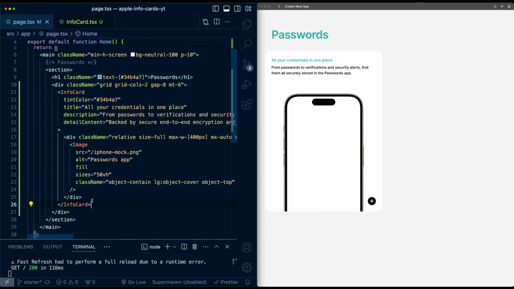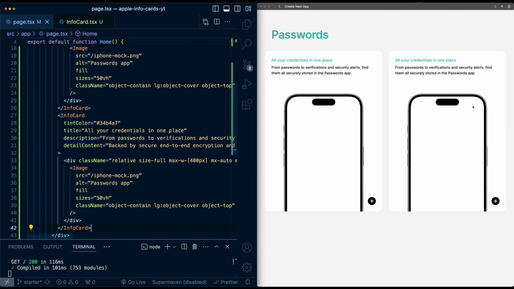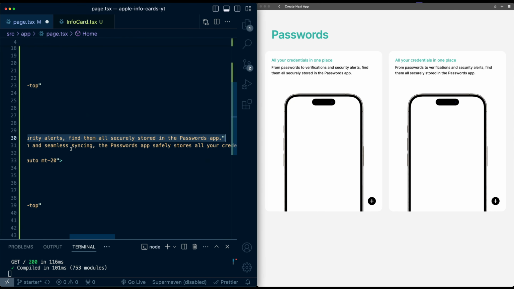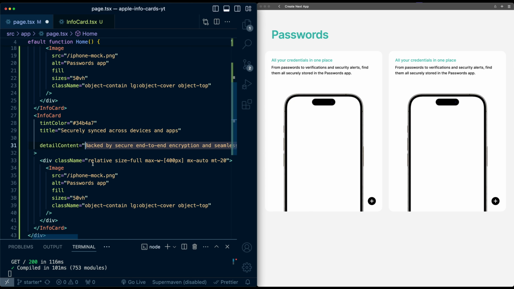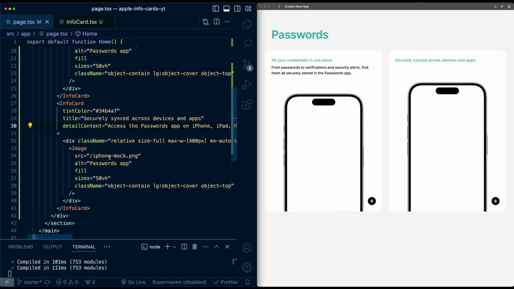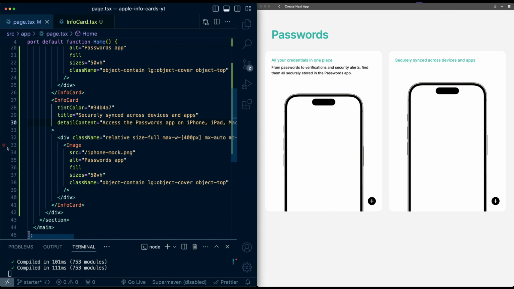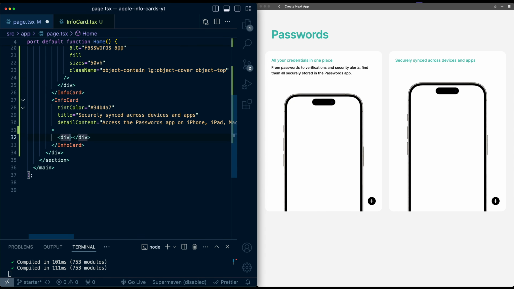And just to take advantage of the flexible component, let's go ahead and add a second info card next to it. Maybe let's say here the same tint color, let's change the title. Let's say we don't want a description on this. The detail content will replace. And then here, maybe instead of this image, let's replace this content with a different div, class